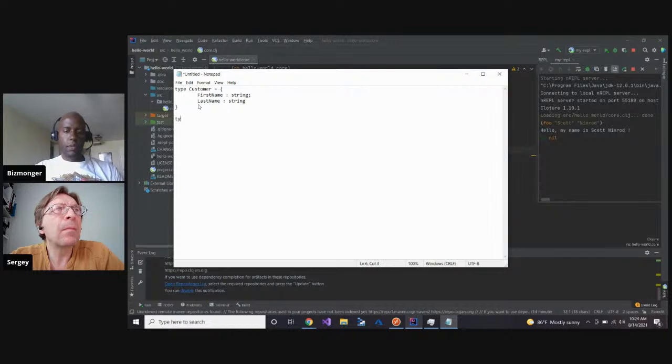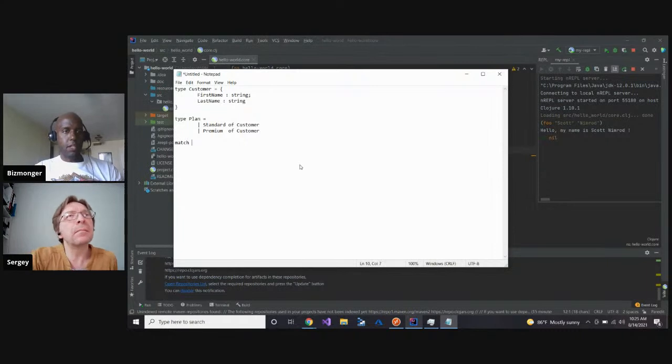And then the whole enum thing that you were talking about, in F sharp, is called a discriminated union. The way it can look is you could say type plan equals, and then you can have standard, premium. But this alone would look like just an enum, or an enumeration. But within F sharp, you can also attach data to it. So you could say of customer, right? Like that. And then within pattern matching, you may have something like match some plan with